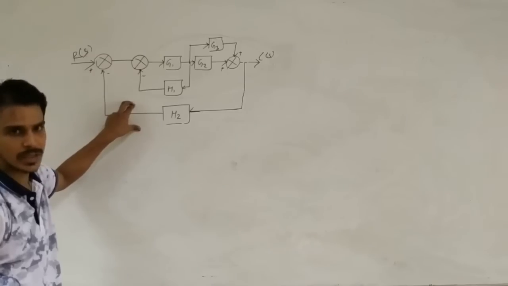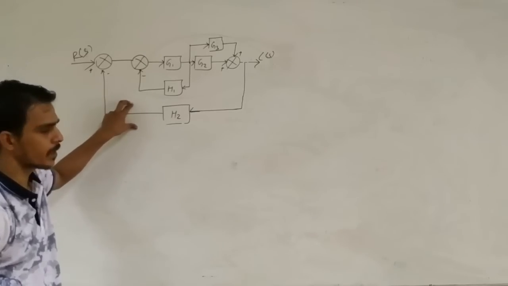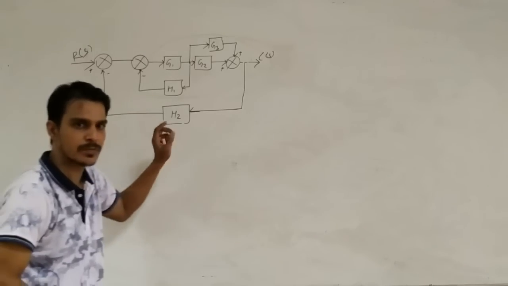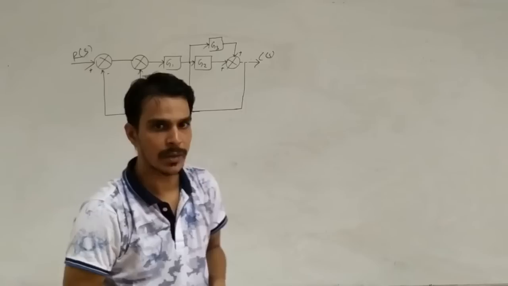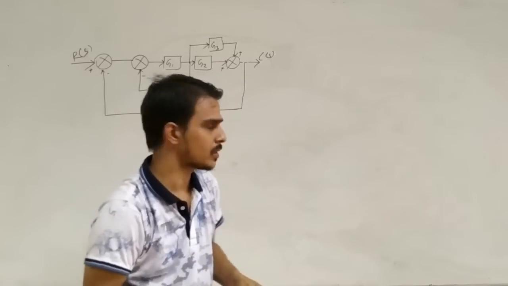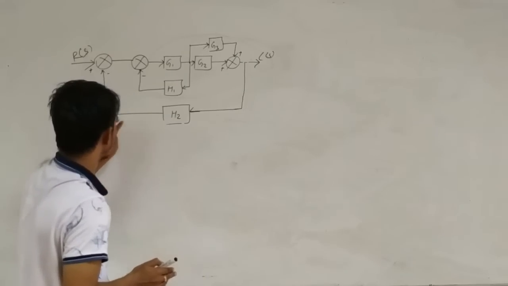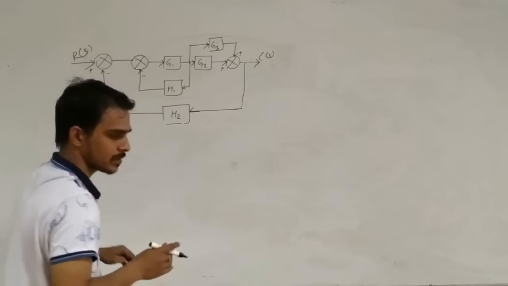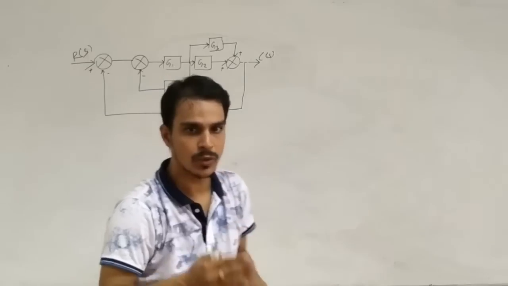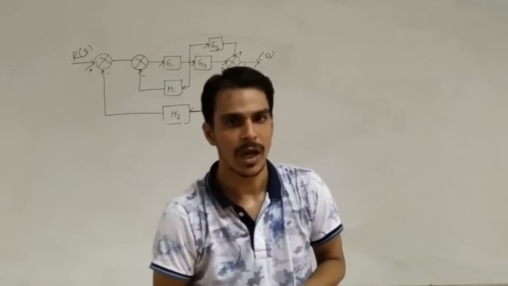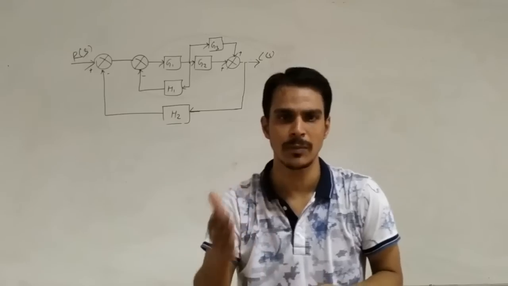So this is a block diagram, and we have to convert this block diagram into a signal flow graph and find the transfer function. How will we find the transfer function of this block diagram? First, for converting a block diagram to a signal flow graph, certain rules are there. How will we convert the block diagram into a signal flow graph?